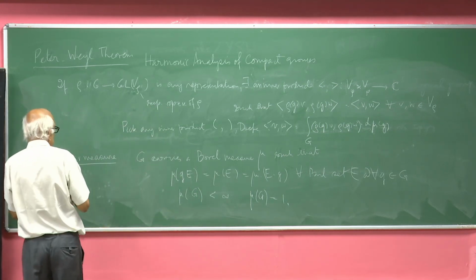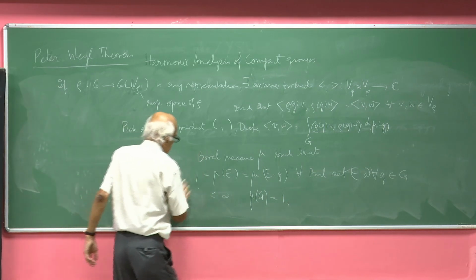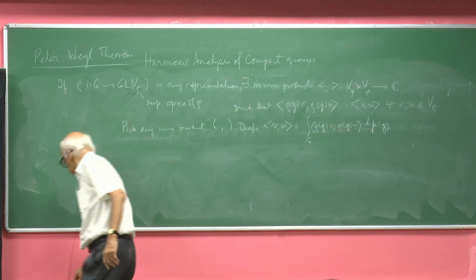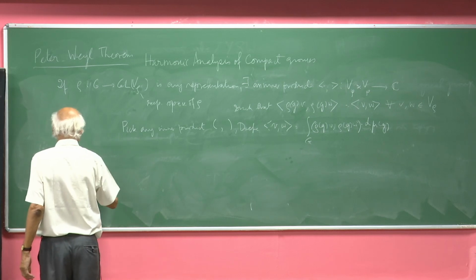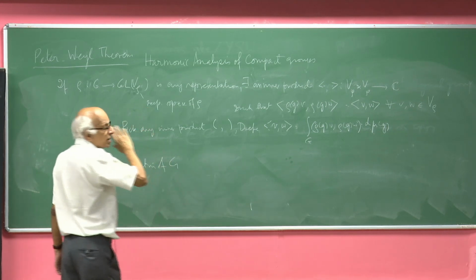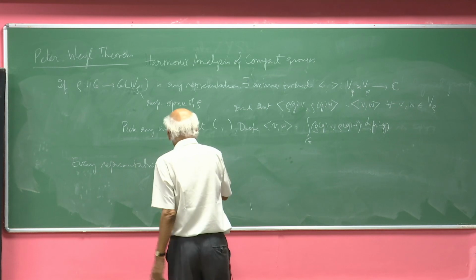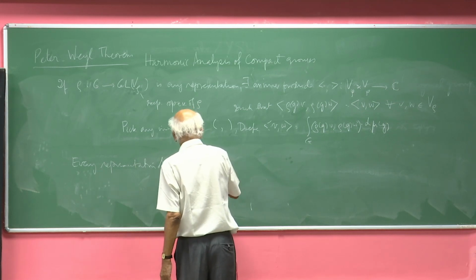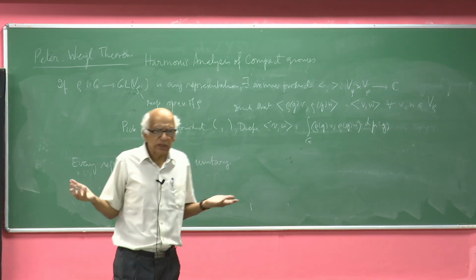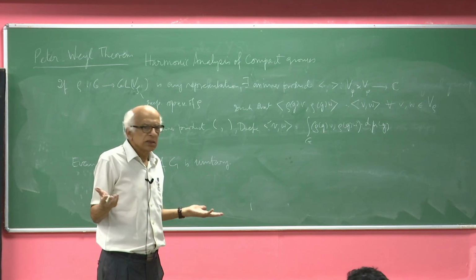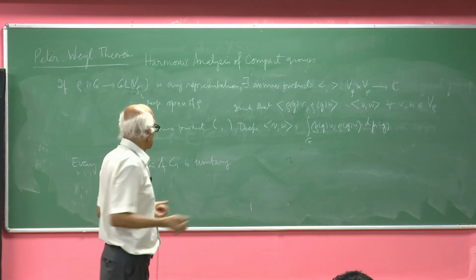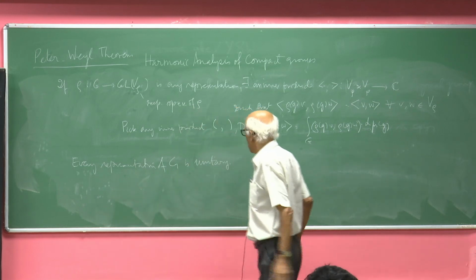Then, because of this, the conclusion is that every representation of G, with the blanket assumption that G is a compact group now, is unitary. That is, rho(g) leaves invariant an inner product, which you can take as the standard inner product on C^n, and then the representation is unitary. Something preserving the inner product is a unitary transformation. So every representation of G is unitary, and another consequence,